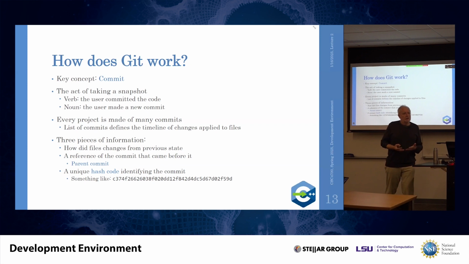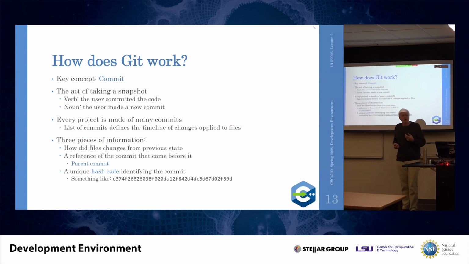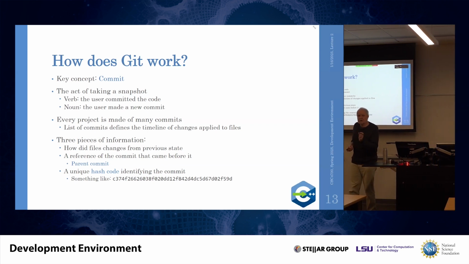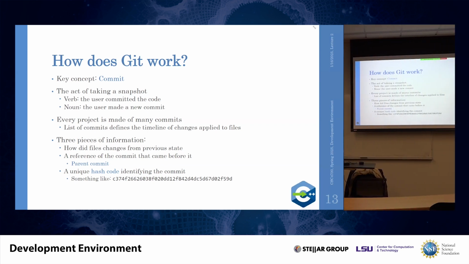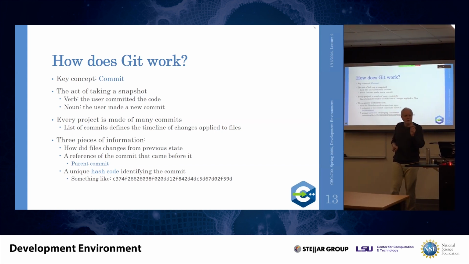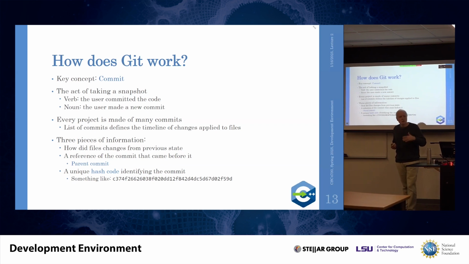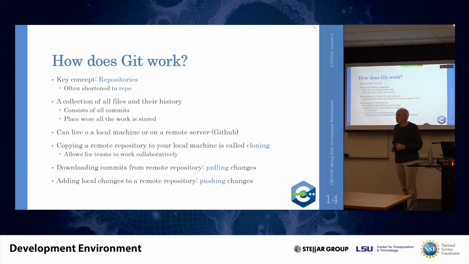Git doesn't store the whole file in a commit, but Git will only store the changes, the line changes that have happened since the parent commit. So if all you did was changing one character, the commit itself will store only the delta between the previous one and the current version of the file.